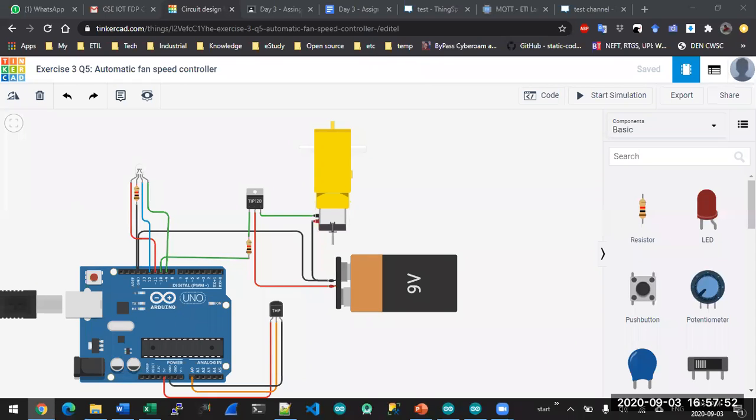Yes, okay, so for this experiment, 4 components are needed. One is the temperature sensor, as we have earlier done. The other 3 components are the transistor, motor, and the battery, which we did yesterday. So this is the same DC motor. What we are doing here is changing the speed of the motor according to the temperature. This LED is not rated, it is just an extra connection here.